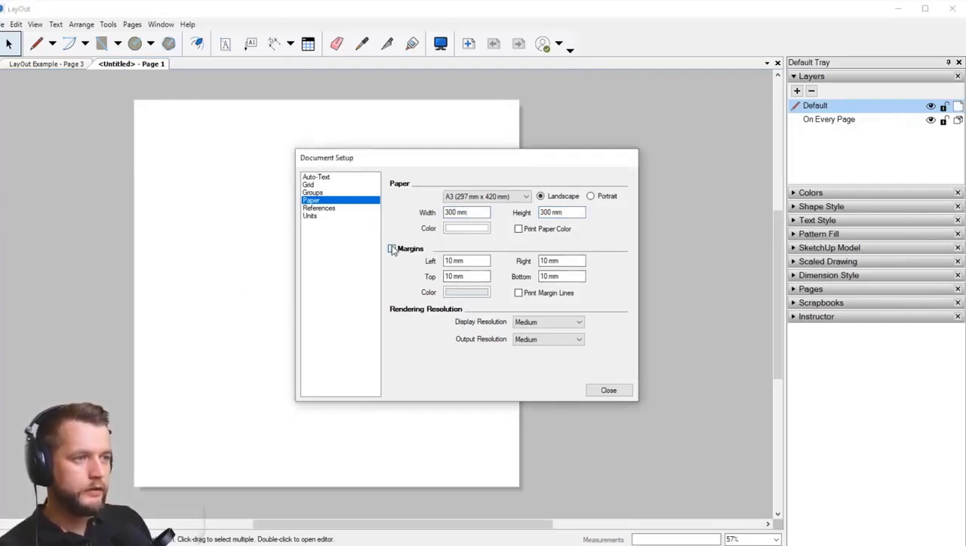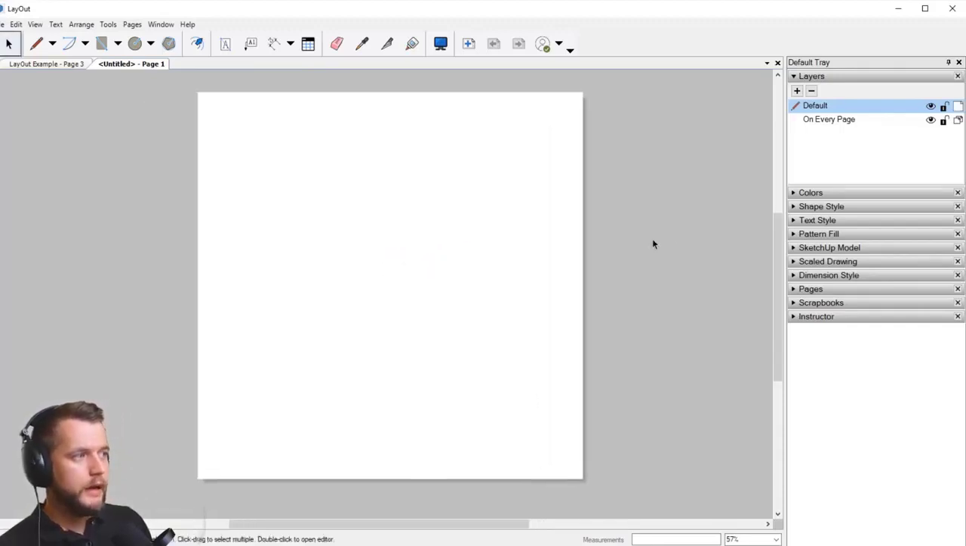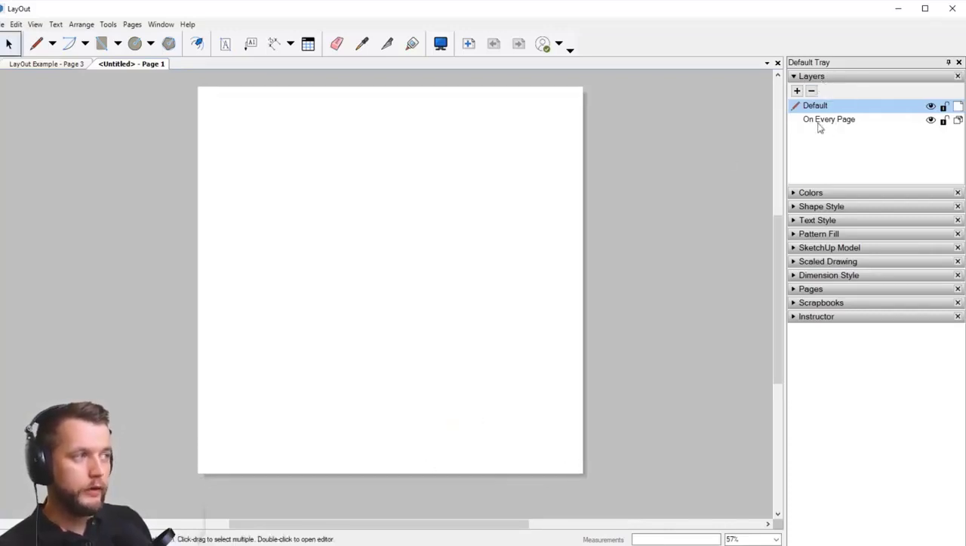There is an option to turn on margins as well if it's easier for you to adjust composition, but I'll leave them off right now. And I'll close this document setup page. All right. And next, I'd like to add some information about my project at the bottom of the page. So for that, I'll first look at the layers